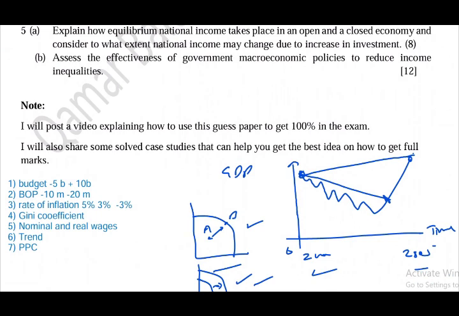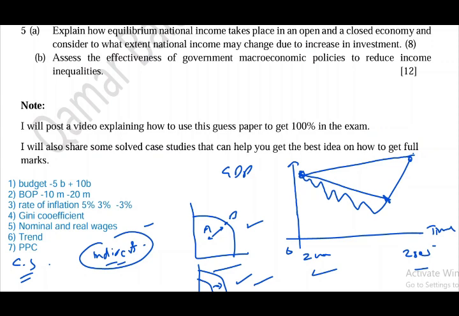The examiner may also ask you from unit number 2 about consumer surplus and producer surplus, and how they may be affected. And from unit number 3, the examiner may ask you about how the incidence of indirect tax may fall on consumers and producers. You can use the concept of price elasticity of demand to explain that if the government imposes an indirect tax, more tax burden falls on the consumer when demand is inelastic, and less on the consumer when demand is more elastic, right? So the examiner may ask you about the incidence of tax as well from unit number 3.